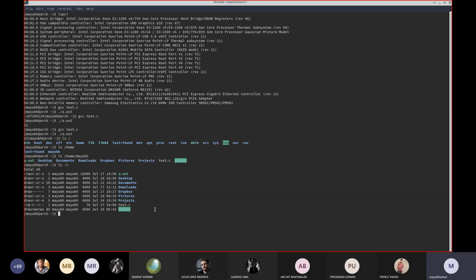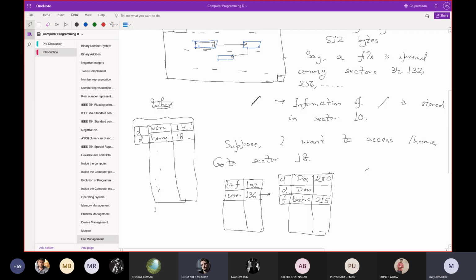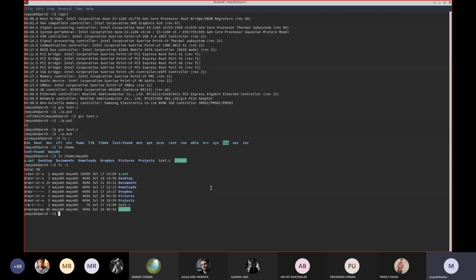But Sir, if we make some updates or changes in any file, does the directory change, or does it remain? No, the directory will not change. If you make some change in the test.c file, suppose you have added something.